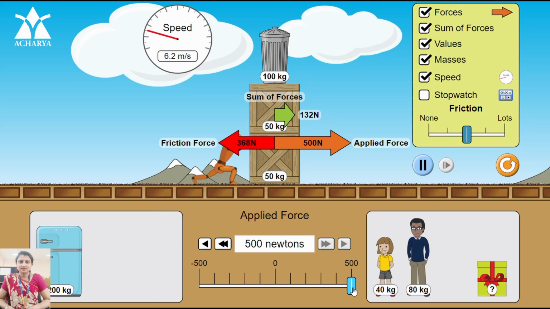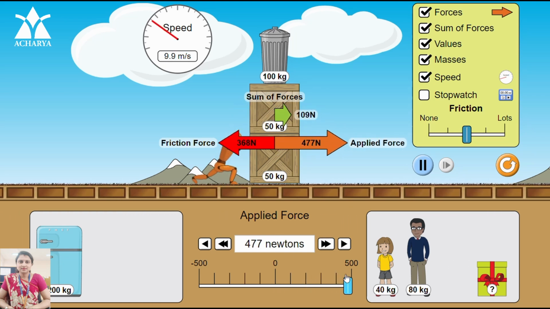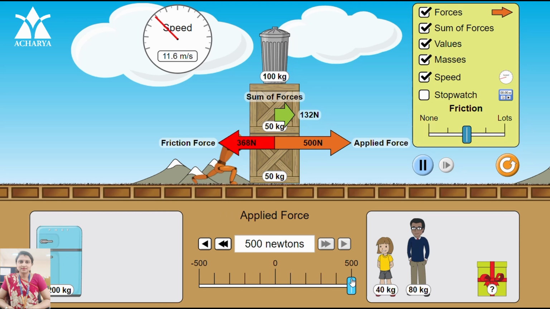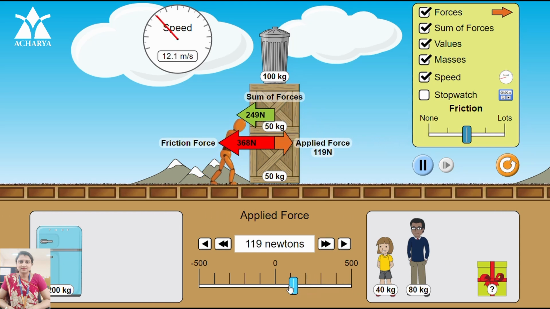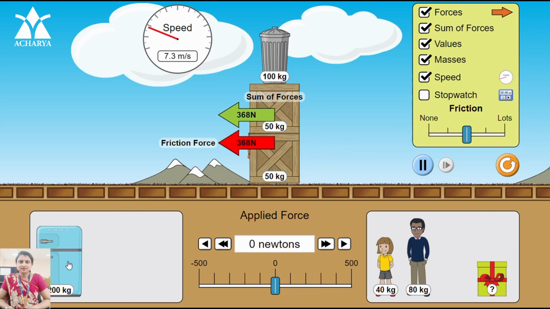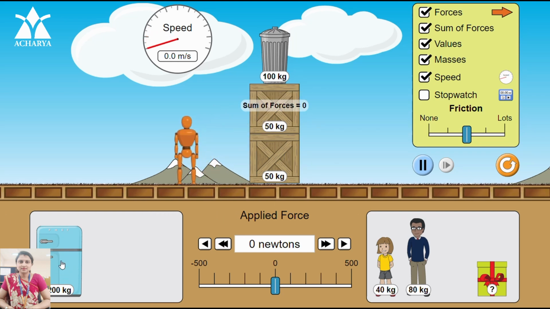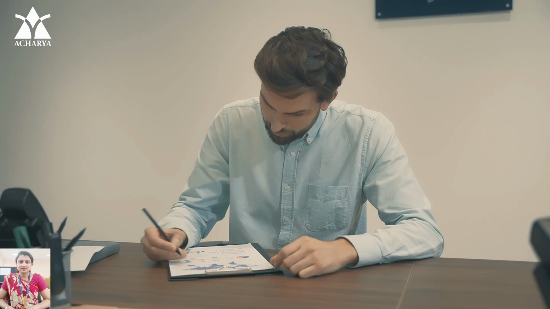This happens because heavier objects press more strongly against the surface, increasing friction. Similarly, when we increase the friction level using the friction slider, representing a rougher surface, the opposing friction force becomes larger and it becomes harder to move the box. From this simulation, we learn that friction depends on the nature of the surface in contact and the mass of the object, and although friction resists motion, it is essential in our daily life for activities like walking, writing and